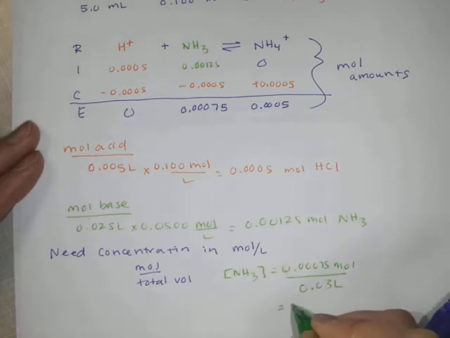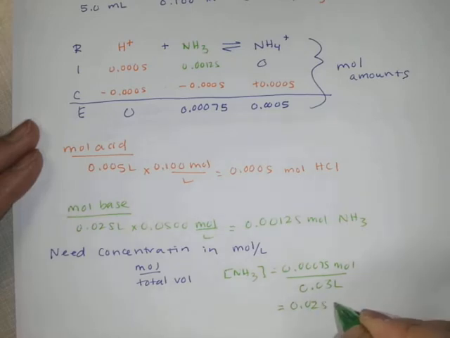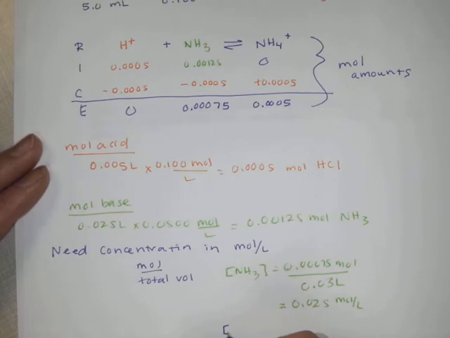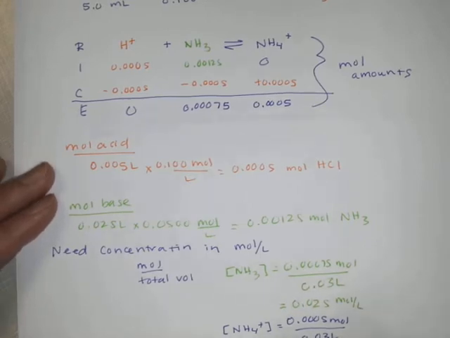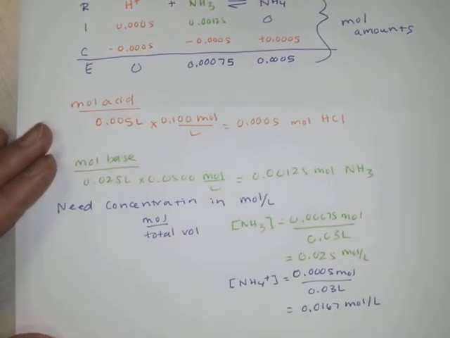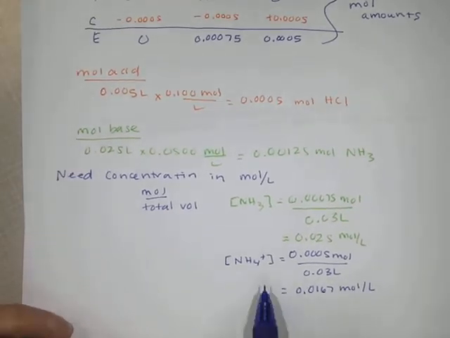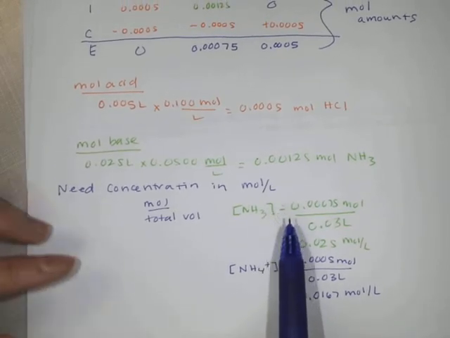So this comes out being 0.025 moles per liter. And then for ammonium, this is 0.0005 moles over 0.03 liters. So this is 0.0167 moles per liter. Okay, so we have our NH4 plus and NH3, and because this is strong acid